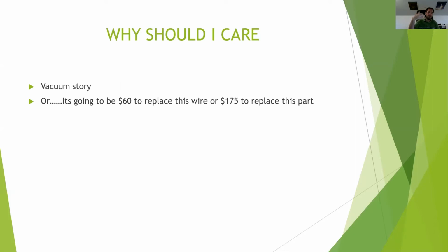But the second option is to call the repair guy, and the repair guy is going to come out and say, well, it's going to replace this wire and it's going to be $60. Now, the wire that he needs to buy to fix this is probably like $5 or maybe $10 at the most. Maybe it's $2. Who knows? But it's the time of him going out there, ordering the part, doing the labor. And it's just like, man, it's so much money when you add it all up,